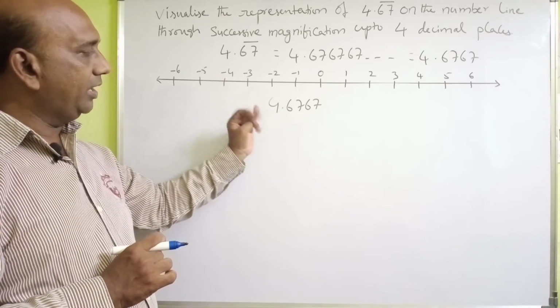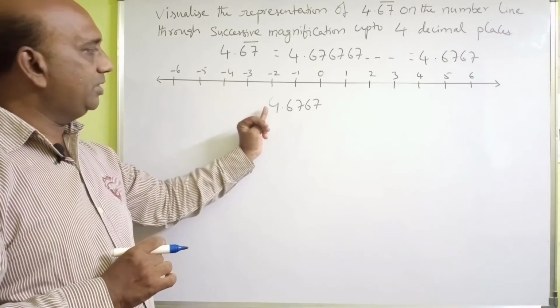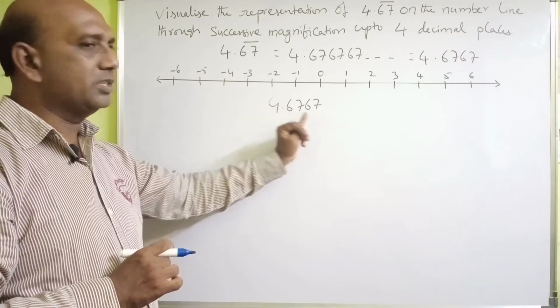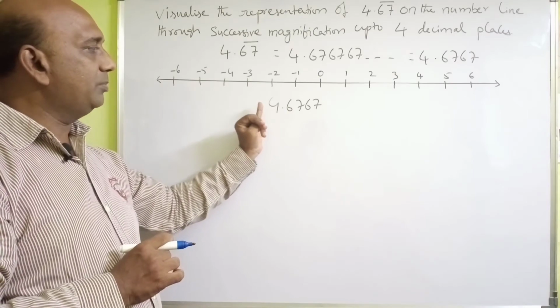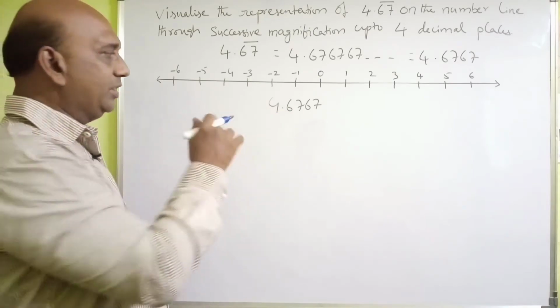So we have to take first the rational numbers between 4 and 5. This is 4 point something. That's why we have to take the rational numbers between 4 and 5. Next,